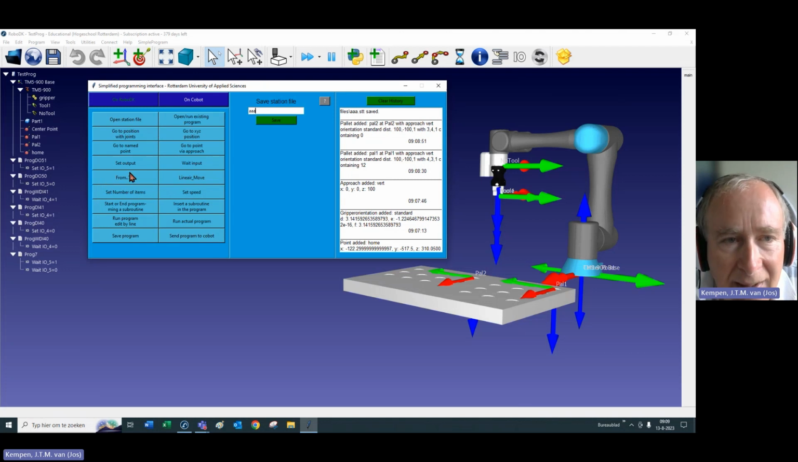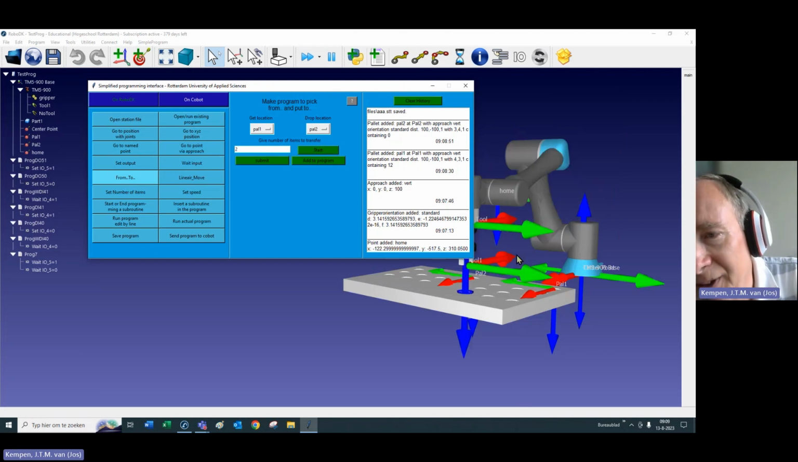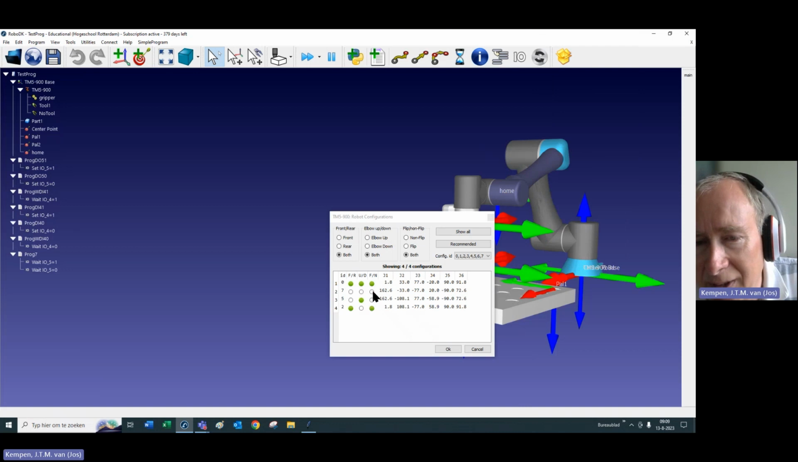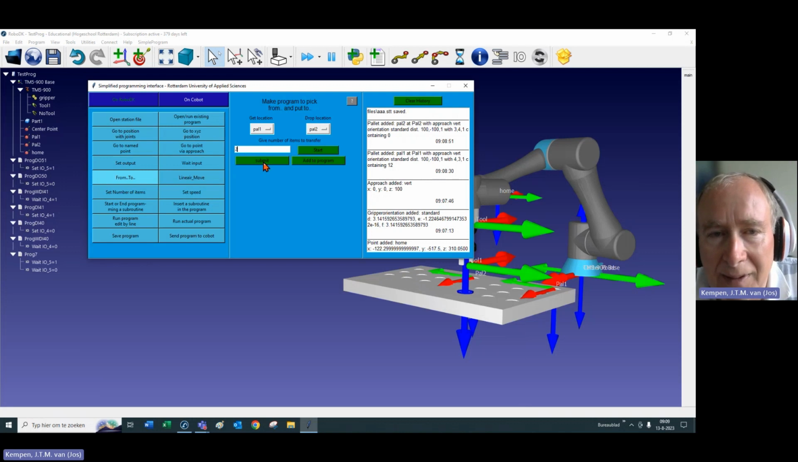Of course, in the programs I can set outputs, wait for inputs, do linear moves, move to a named point. But in this case, I want 2 items to go from palette 1 to palette 2. And 2 is the number of items. I can start it, and then it goes to the first approach position. Every time it stops, because if I don't like the configuration, I can use the change configuration possibilities of RoboDK. But in this case, I take this position, submit,